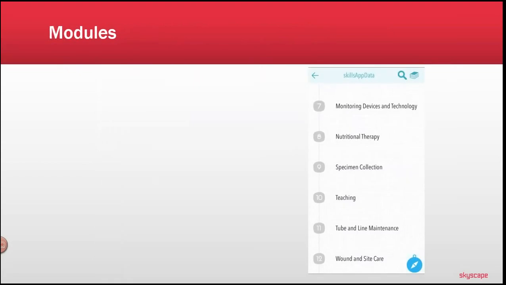You can also create modules. So as a faculty, you might determine that there's a particular area that you're going to want to practice especially. So maybe your students have a specialty of, say, critical care, and you're wanting them to learn pulmonary artery catheter monitoring, arterial monitoring, or balloon pump monitoring, whatever the case is.